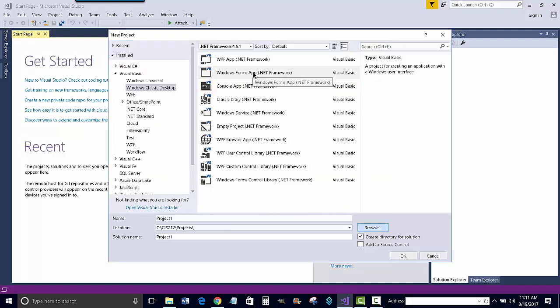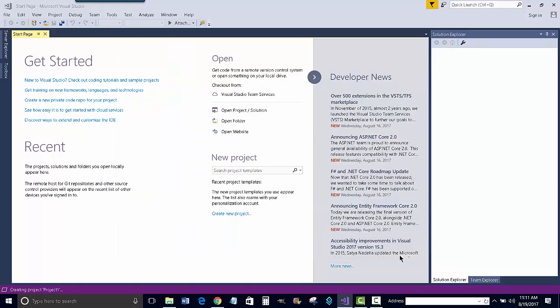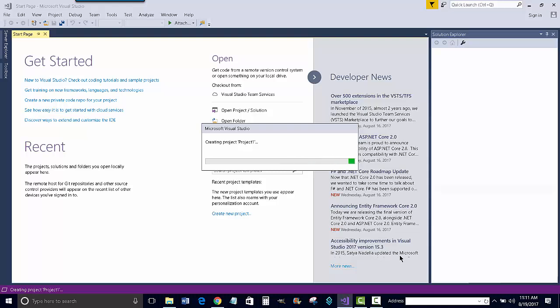So you've got Windows Forms App. You've got Project 1. It says this should be checked. That should be by default. So we're ready now. Click OK, and it should build our project for us. It may take a few minutes, and it is creating Project 1. I'm going to pause this real